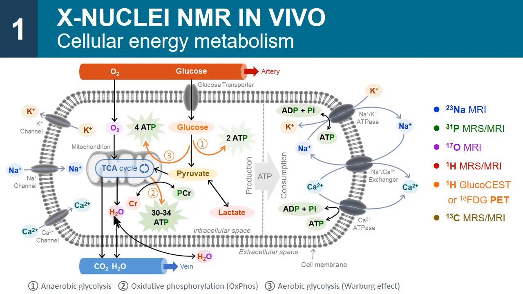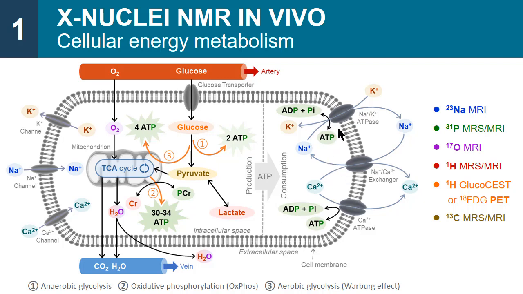And then you're going to have some residual products of water. The creatine and phosphocreatine are going to be involved too in the process. In case of absence of oxygen, glycolysis is going to be the main source of energy, which is very inefficient, and you're going to have production of lactate. And in tumors, for example, even in presence of oxygen, the cell is going to prefer to produce some lactate and barely use this oxidative phosphorylation mechanism. It's called the Warburg effect, and it's going to produce a little bit more ATP, but it's less efficient.